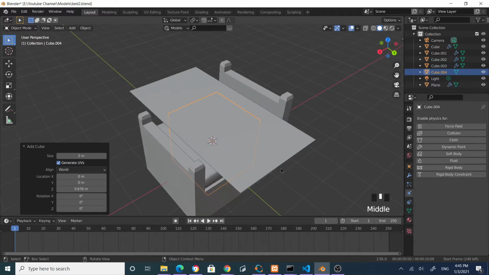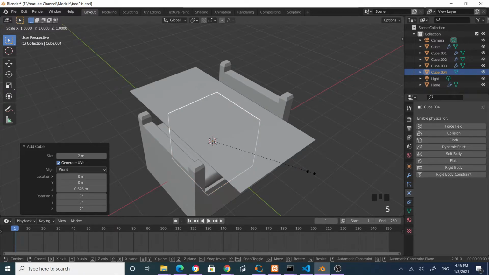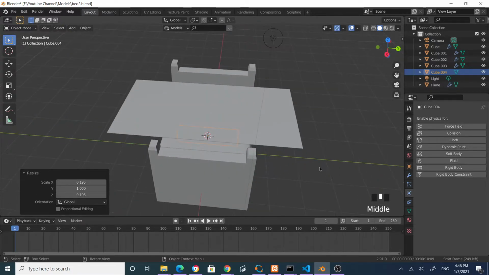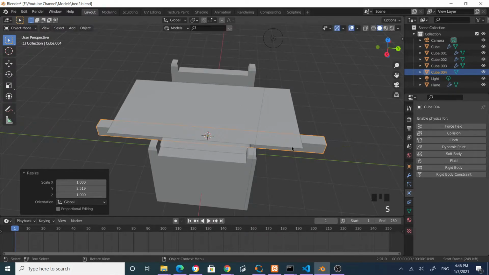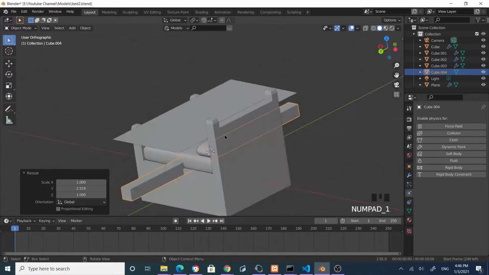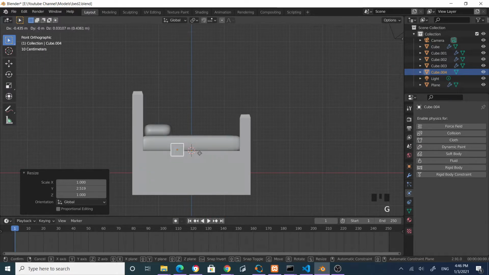Now I'm scaling this one so that it's kind of like a pole, right? Scale Shift Y and then scale Y a little bit more,